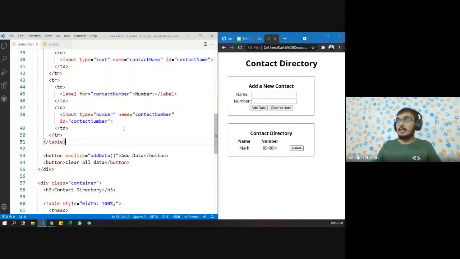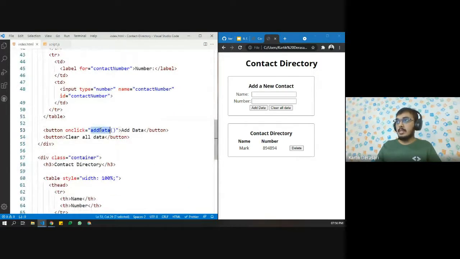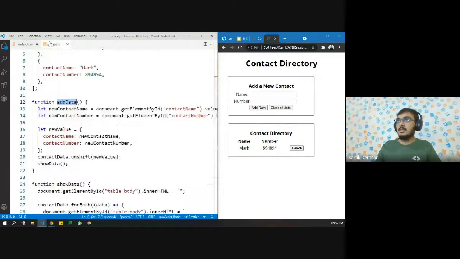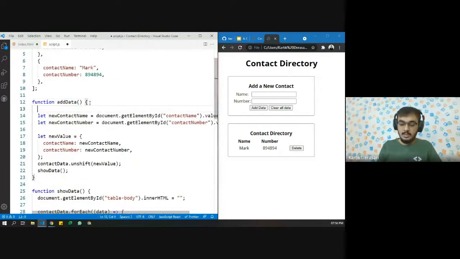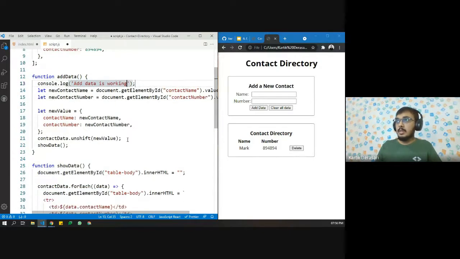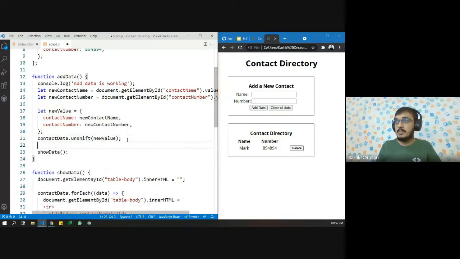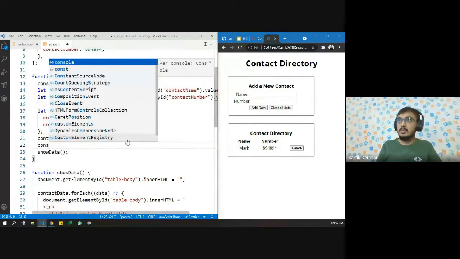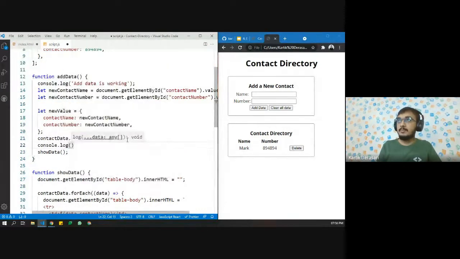Are we having add data? Yes. Let us see if the add data function is running. Let's say console.log add data is working. Here also let us log when the function is running or not. So let's say console.log, and we want contact data to log.